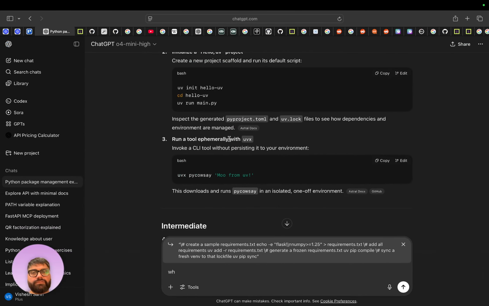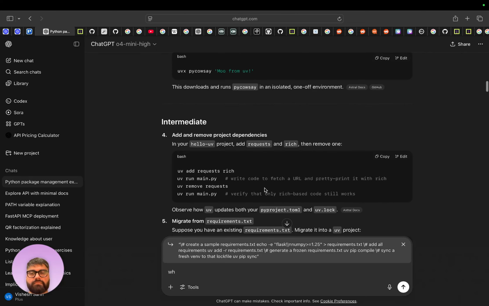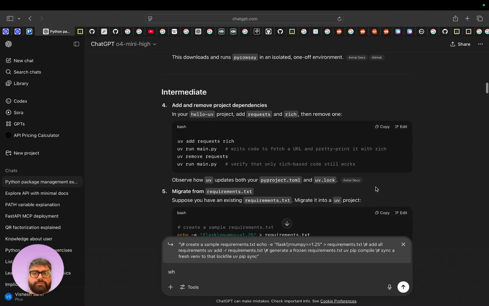And basically UV add and UV remove are essentially adding and removing the package. But the neat thing about UV add and UV remove versus pip install is the recording. Whenever you install it, it immediately updates the PyProject TOML, and at the same time it also immediately updates the UV lock. So everything gets updated right away, and it's super fast, which is nice.